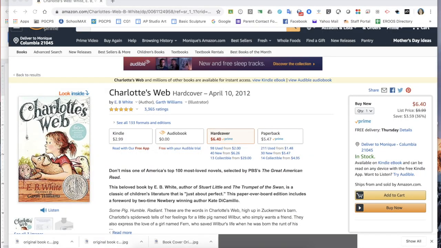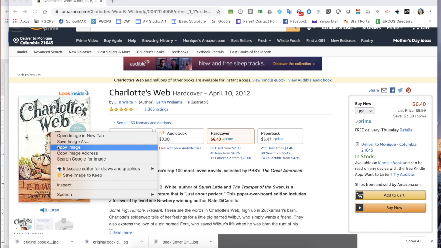So I'm going to use Charlotte's Web just because I already used that for my illuminated letter. So I'm going to go on Amazon and get the book cover original just because I don't have an actual copy of this. I haven't read it since I was, I don't know, 10 or 11, something like that. So I went to Amazon, I found Charlotte's Web, and if I right click, I can open this image